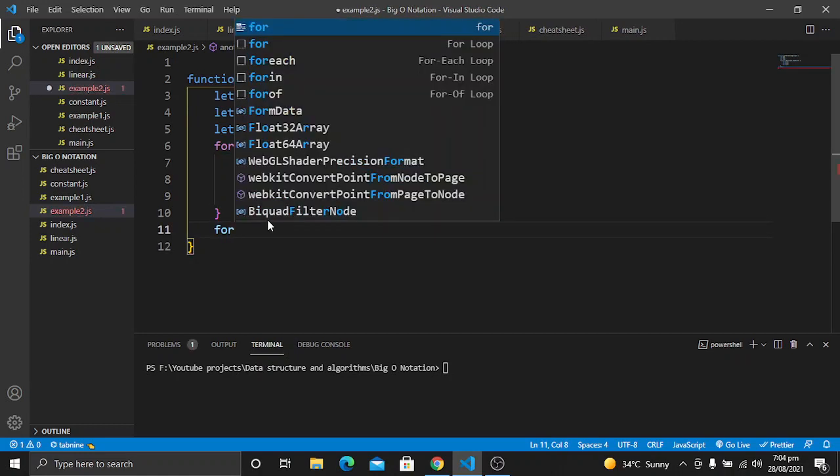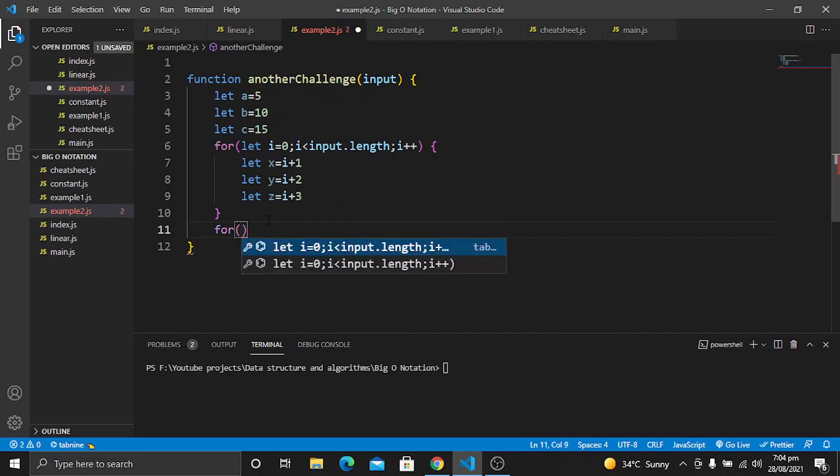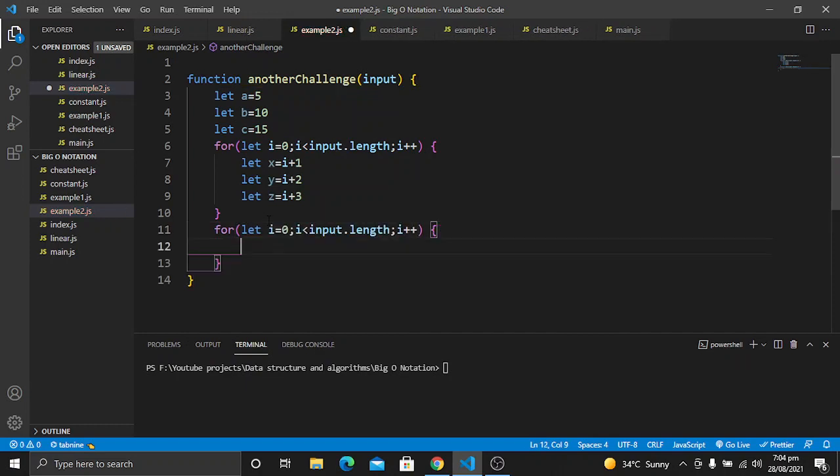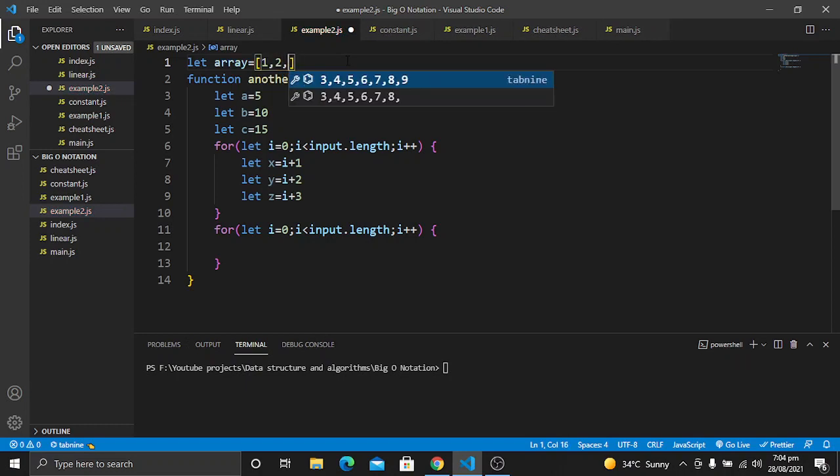And for the second for loop, I will again create this for loop, and this for loop will run from i of 0 to input.length. So let's also create an input which will be an array. Now in the array, give it some values.